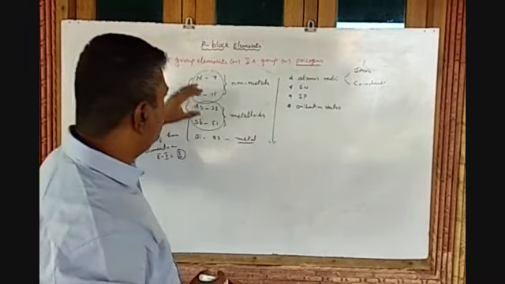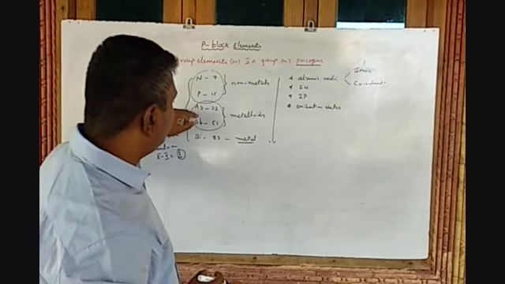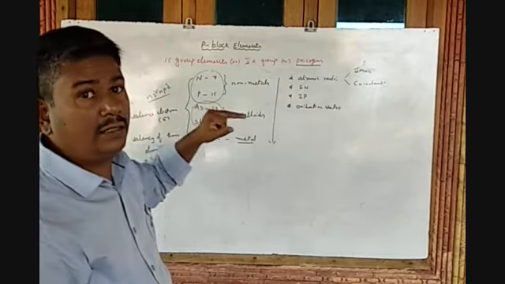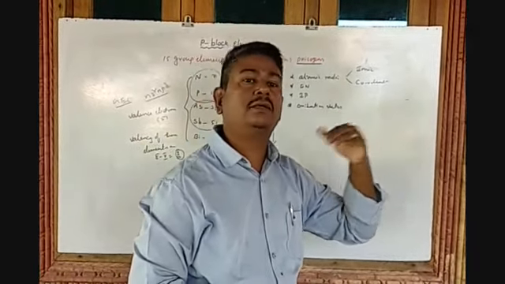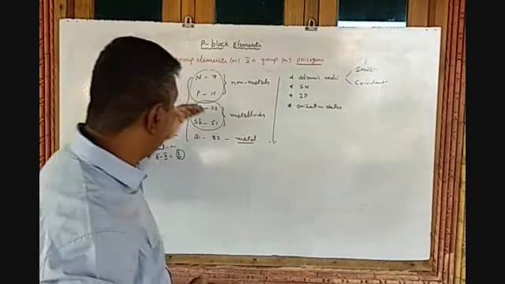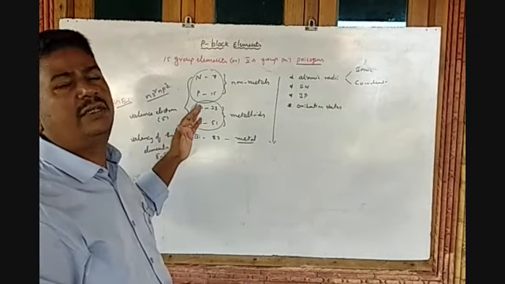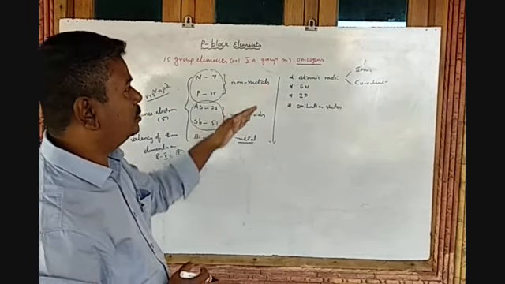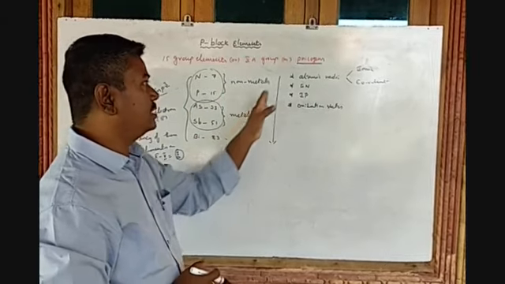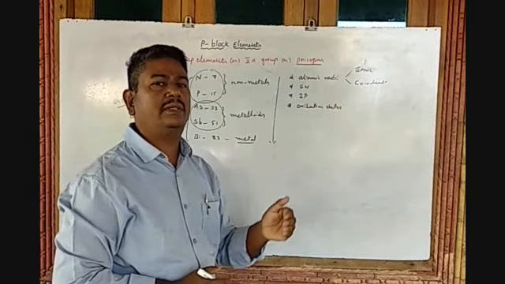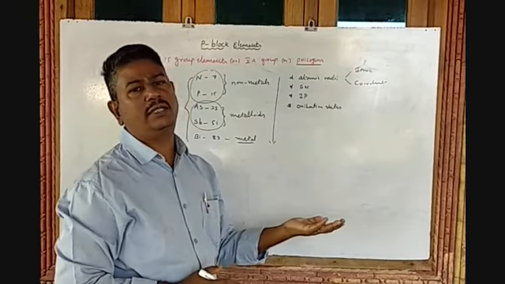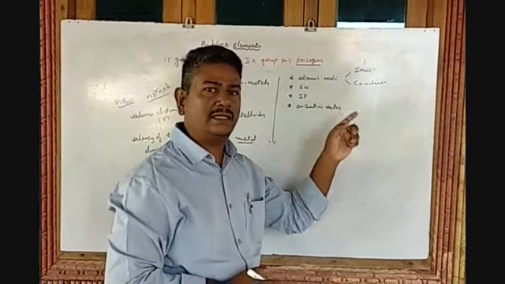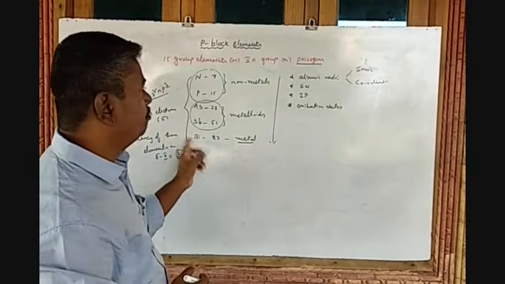Clear? So there is not much difference between arsenic, antimony and bismuth, whereas between nitrogen and phosphorus the covalent radius difference is considerable. But in the case of these three elements, the difference is very small. So ultimately the atomic size increases from top to bottom, from nitrogen to bismuth, because generally in a group the atomic radius increases, so automatically the atomic size increases. So that's why the ionic and covalent radii increase from nitrogen to bismuth.